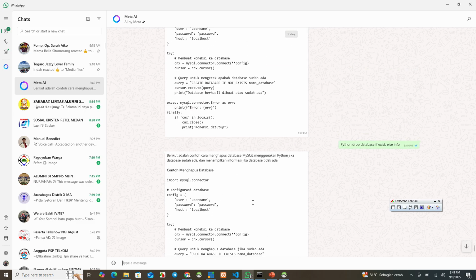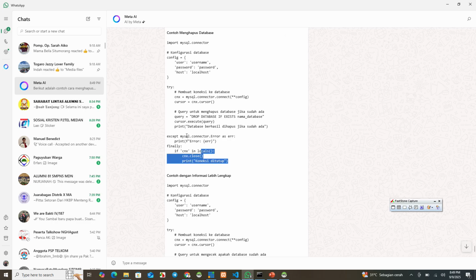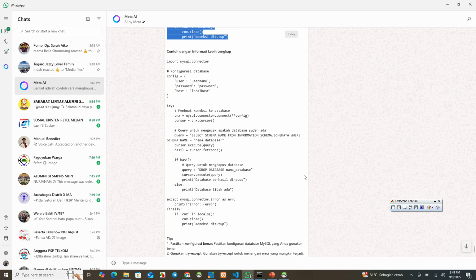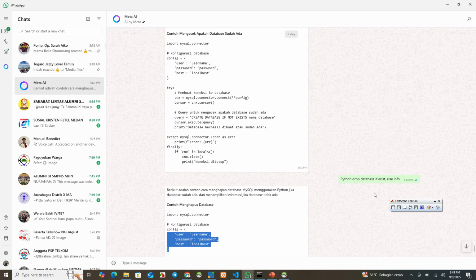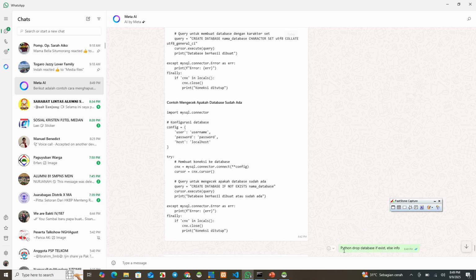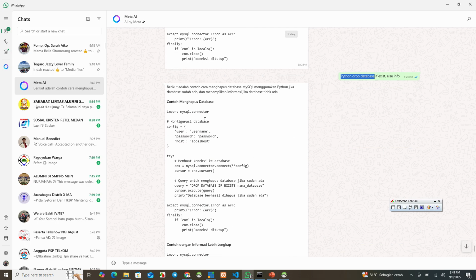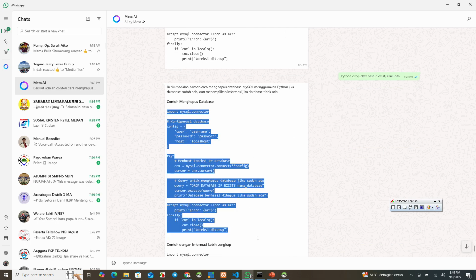This is the simple one, drop database, and also this is the complex one, because if we use this one, Python drop database, this is number one, this is the example, and then Python drop database if exists, else give us information.